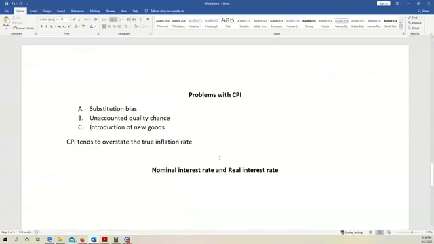See, that's the problem. Over time, many new goods are introduced to the economy, but CPI does not capture this change. So, for example, we may see some new item being introduced in the next decade, which we don't have right now. And CPI does not capture this aspect of the change in our economy. So that's why they are the major problem with CPI. And overall, CPIs tend to overestimate or overstate